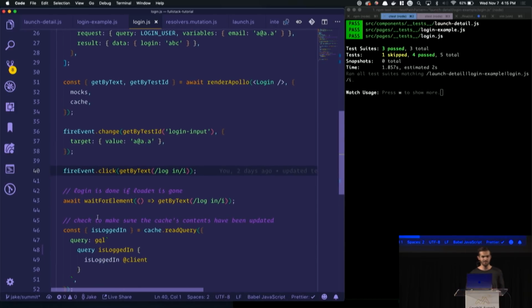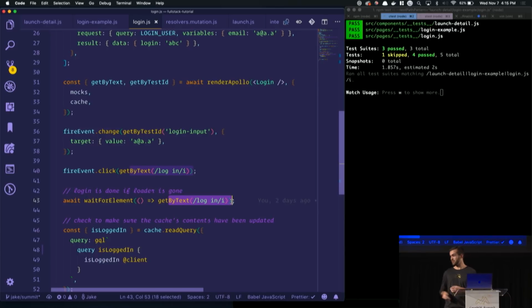And what's going to happen then is the component's going to enter the loading state. So this mock provider does actually trigger the loading state in your components, so you can test that. And then what I'm going to do is just wait until the login button shows back up. Now in the app, the login button wouldn't show back up because you're getting redirected back to other parts of the app.